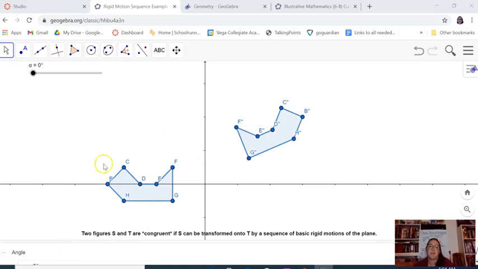Here I have an example of two figures. One of them is polygon BCDEFGH and the other is a polygon that's been obtained after a couple of rigid transformations. What I want to see today is if we can figure out how to use some of our basic rigid motions, so our reflections, rotations, and translations, and determine how to transform this shape on the left to the shape